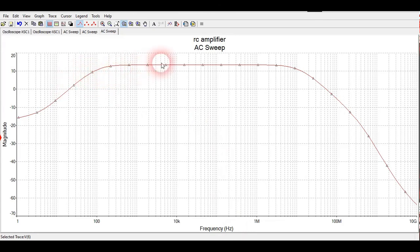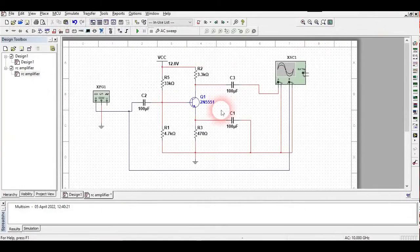I hope you have understood how to use this RC coupled first stage amplifier to find the gain, the bandwidth, and the frequency response. So basically this is the frequency response of this circuit. So this experiment is over. This was the final part of this